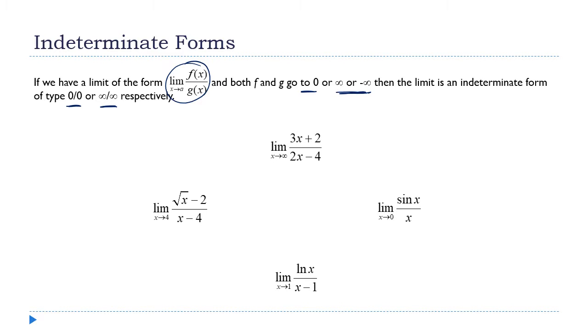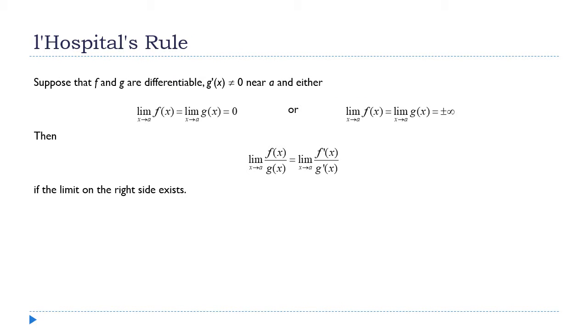So what's our rule? How do we handle these? It's called L'Hopital's rule. L'Hopital is a French mathematician. What his rule says is, if we have two functions, f and g, and those functions are differentiable, and the limit as x approaches a of both functions is 0, or the limit is plus or minus infinity, in other words, this limit is one of these indeterminate forms,